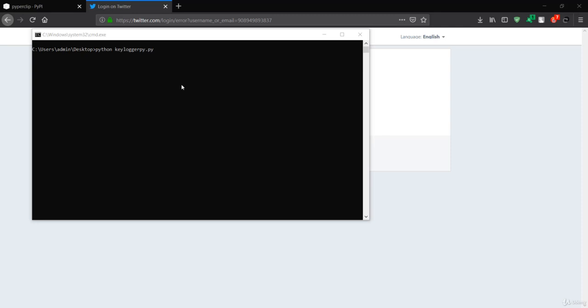Now in this lecture we'll make our own next keylogger. So let's first of all see what is the main disadvantage of the keylogger that we made in the previous lecture. If I run this keylogger again, it is just going to get the key that is pressed or released. So this is effectively working in the case of a keyboard.